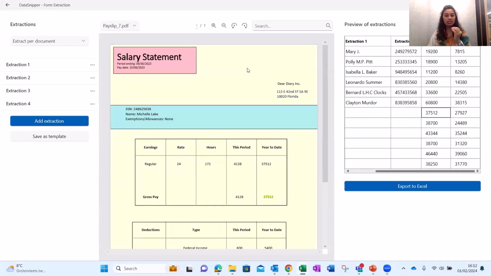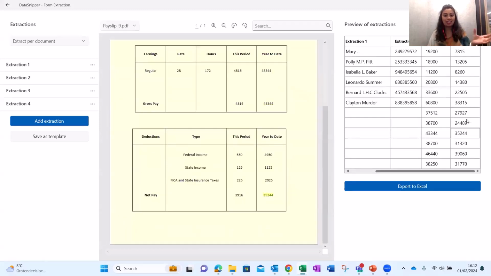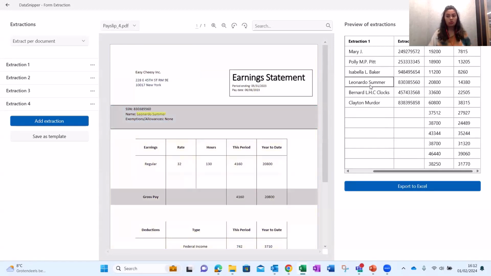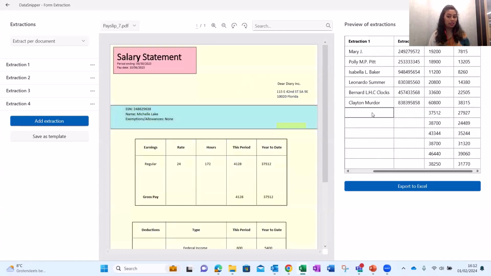But even though it's quite different, the information is still at least extracted and mapped. So now to understand, extraction 1 and extraction 2 are not complete, because as you can see, the information is just extracting from the blank space and not where we would expect it to extract. It's also because if you see the payslip structure, it has everything on the left-hand side, and